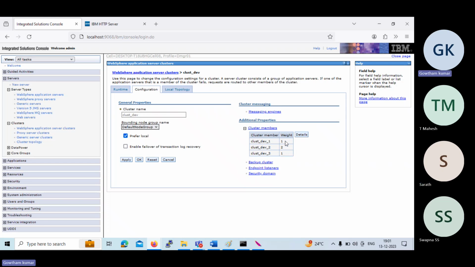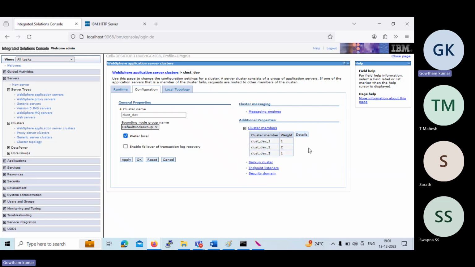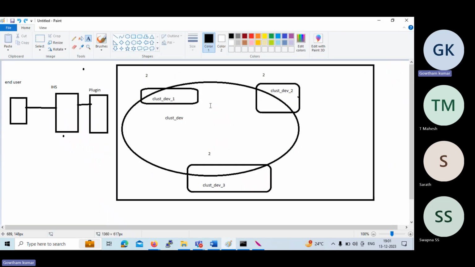సో రియల్ టైమ్ ఎన్వైరన్మెంట్స్లో ఎనీ ఆఫ్ ద ఎన్వైరన్మెంట్స్ మనకు వెయిట్ అనేది 2 2 2 ఉంటుంది. So it will be equally distributed across all the 3 cluster members. But you should know how this is working. So that's why I'm trying to explain. See, ఇక్కడ చూడండి, ఇప్పుడు మనము ఇది 1 పెట్టుకున్నామంటే ఏమవుతుందంటే, మళ్ళీ మీరు అడిగారు కదా,